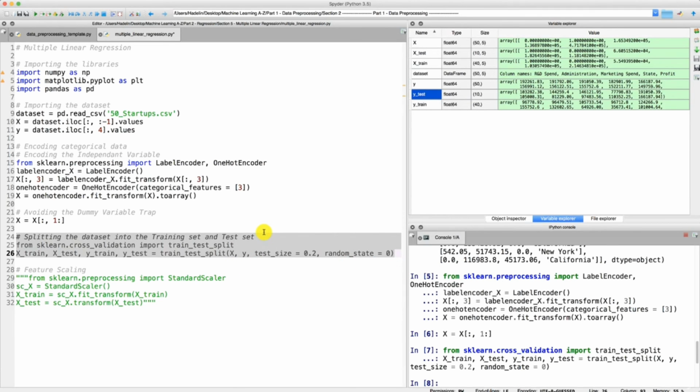Perfect. And then we are ready because we don't need to apply feature scaling for multiple linear regression because the library will take care of that for us. So we don't have to do it manually, and therefore we are ready. Perfect. We are all good right now with the data preprocessing phase, and so we are ready to move on to the next tutorial. Thank you for watching this one, and until